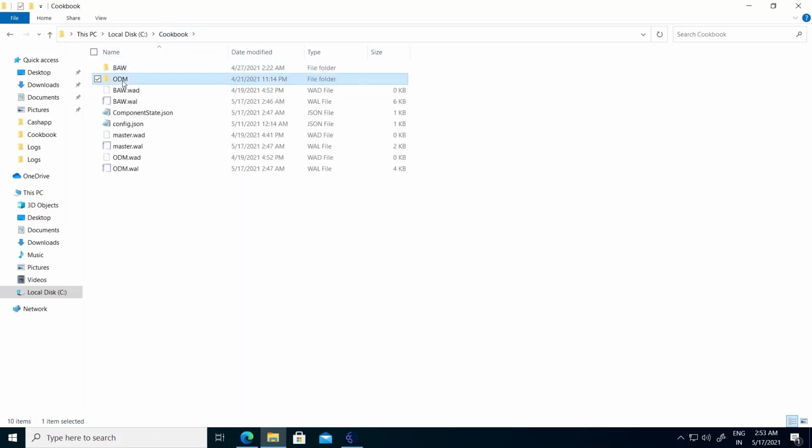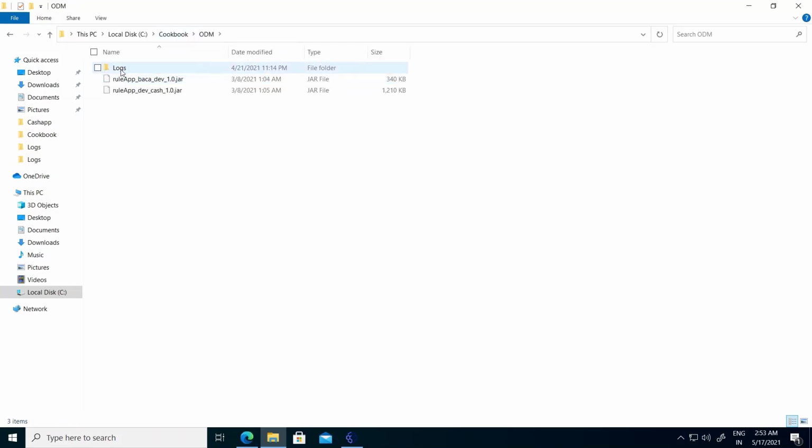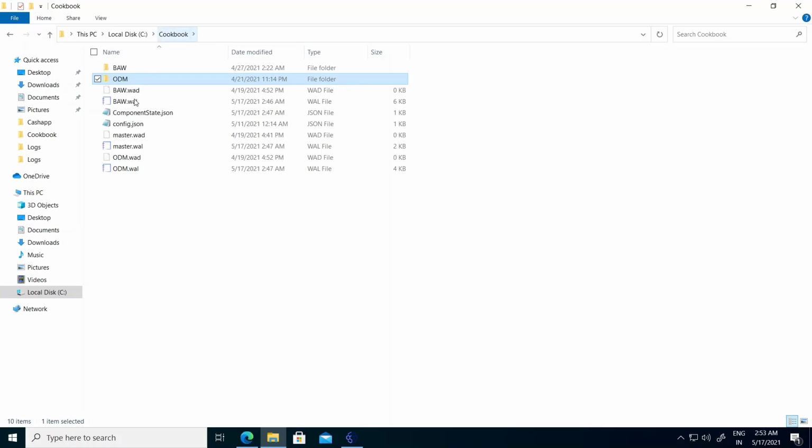Similarly in ODM, one log folder is there where logs would be stored, and these are the two jar files which we have to deploy. And then these are component files.